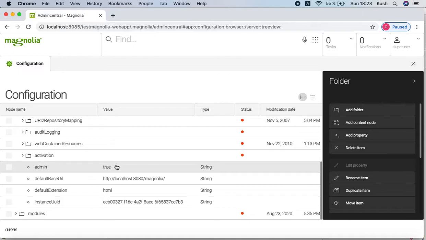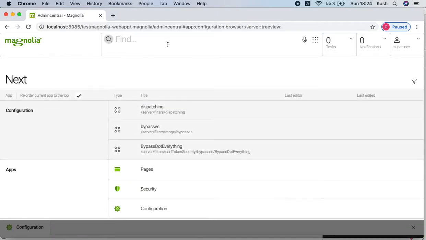It means this is your author server, and whatever customization you have to do here, after doing it you have to publish into the public server. Now I will show you where we can change the public URL so that publishing will work.